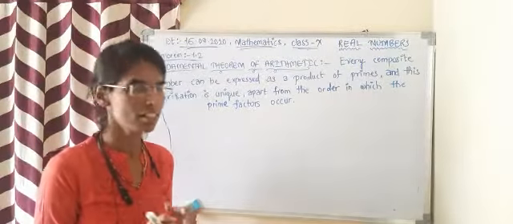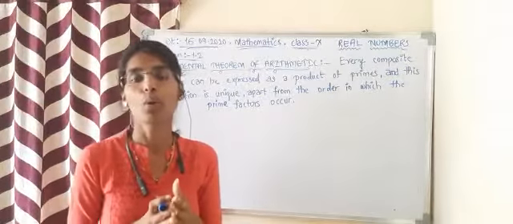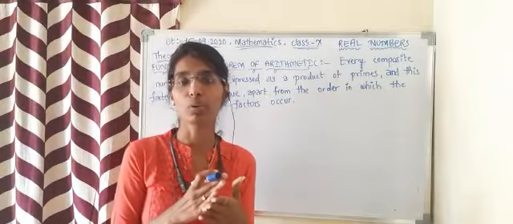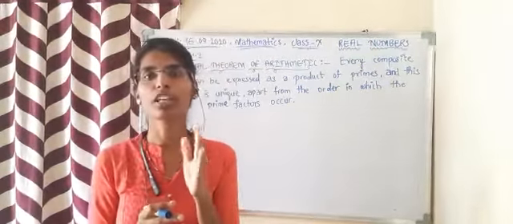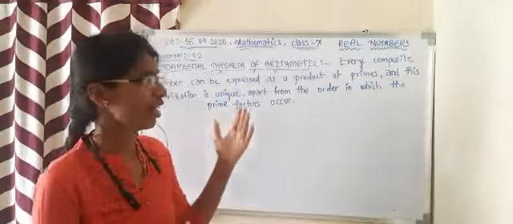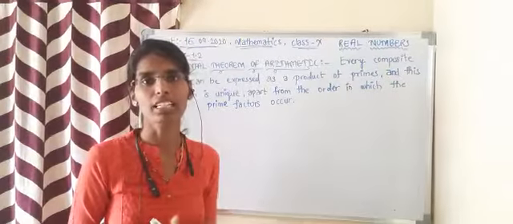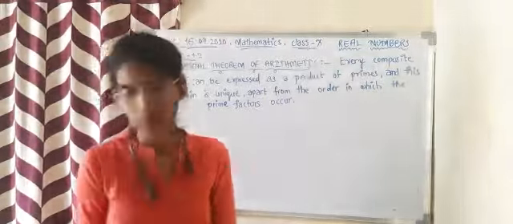Here, first we need to know what composite numbers are. Composite numbers are the numbers which have factors more than one and itself. If any number has more than two factors, then that number is said to be a composite number. So according to our theorem, any composite number can be written as a product of prime numbers. Let's see an example of that.